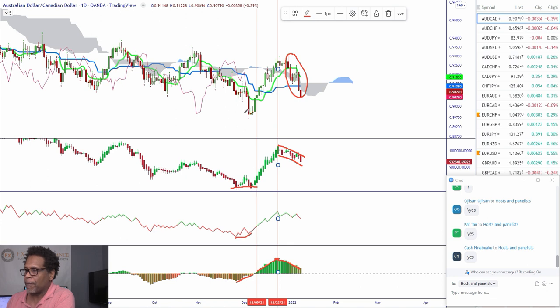I'm looking for flat levels where I could trade the market, but I'm not using Ichimoku pretty much. Sometimes I do, and most of the time I don't, because I feel like I just need to see the market and be able to do what I need to do quickly. But on a longer time frame, if I'm trading the Aussie Cad or something like this in the forex market, on a daily time frame, I'm going to definitely use what I'm showing you right here. This is how I'm trading the market.